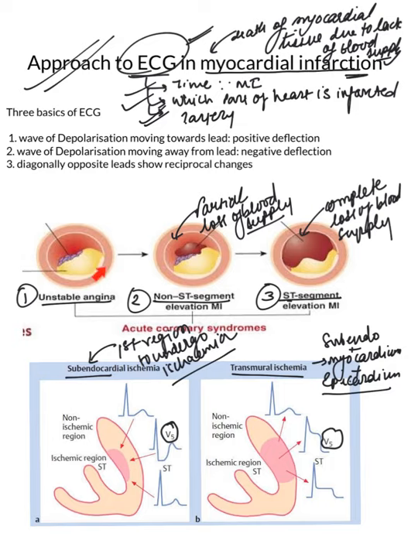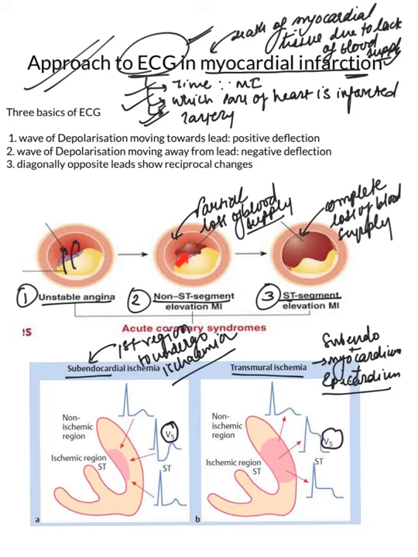Let's look at the pathology of myocardial infarction. So basically, this is an atherosclerotic plaque, and when it ruptures, it leaks its thrombogenic content into the lumen, and this leads to formation of thrombus. And this thrombus can be small, and it can only partially occlude the lumen, or it can be a big thrombus and completely occlude the lumen.